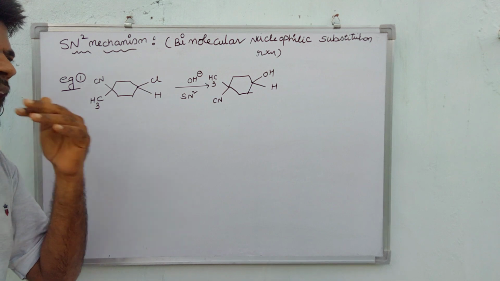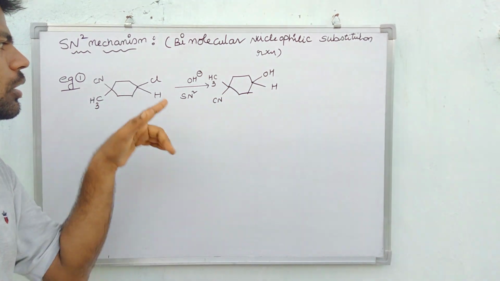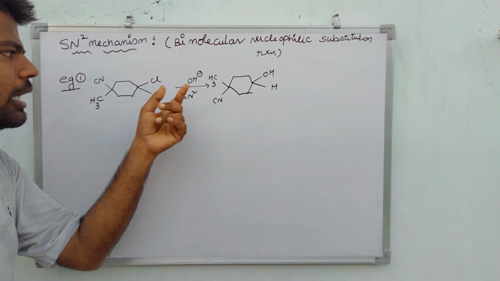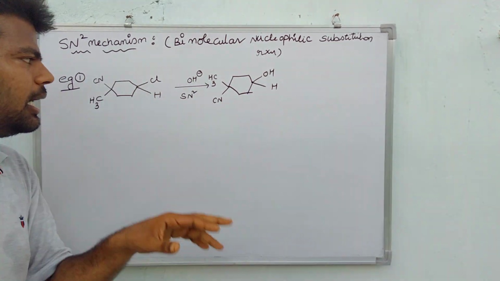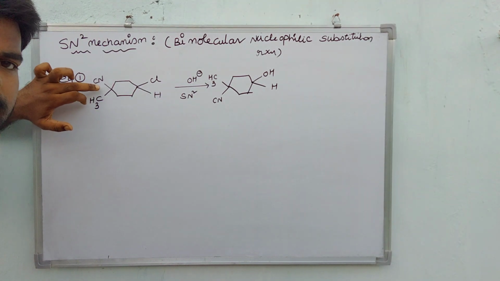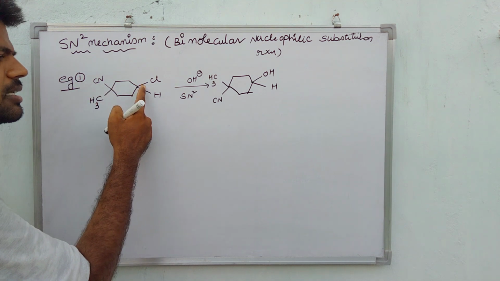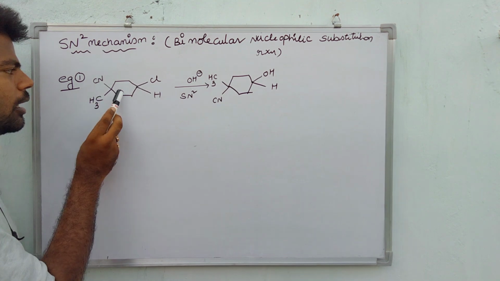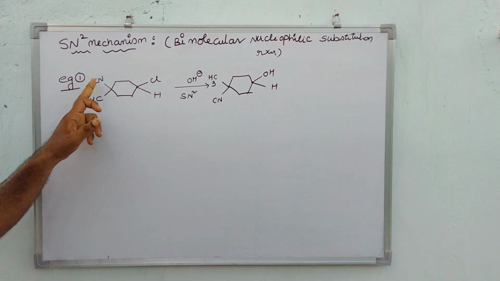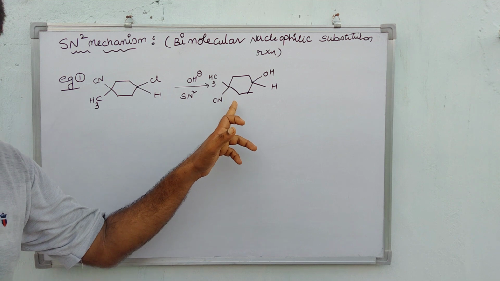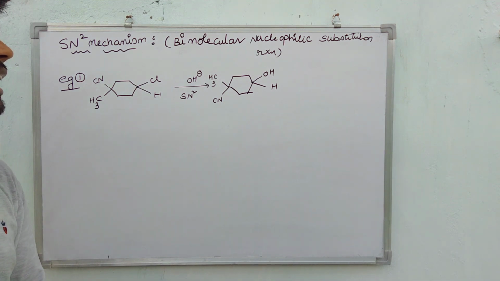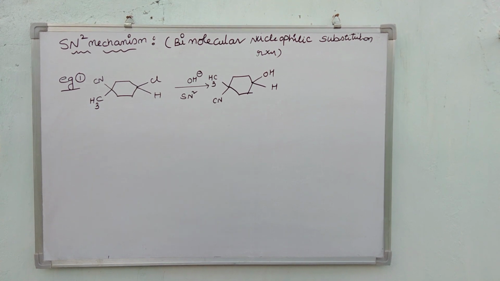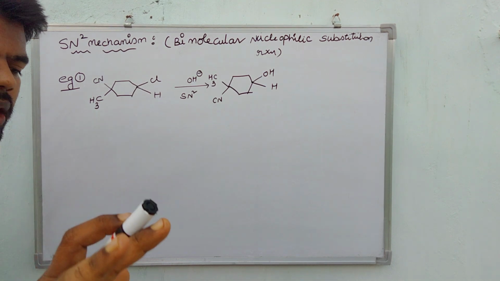Once you observe, here I change the configuration. How? In the place of a chlorine atom, I replace it with an OH group. But what is the opposite configuration there? On the opposite carbon, suppose this is the first carbon: 1, 2, 3, 4, the fourth carbon. If you observe, on the fourth carbon, initially the cyanide group is present at the top. But in the product, the cyanide group is present at the bottom. That means what we understand is that during the SN2 mechanism, automatically which type of configuration is obtained? A reverse configuration is obtained.